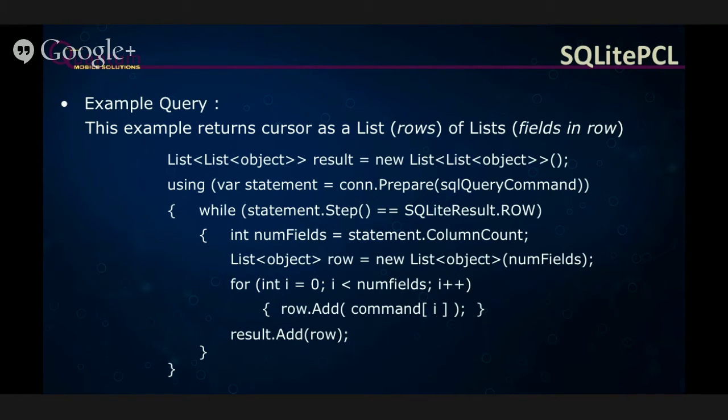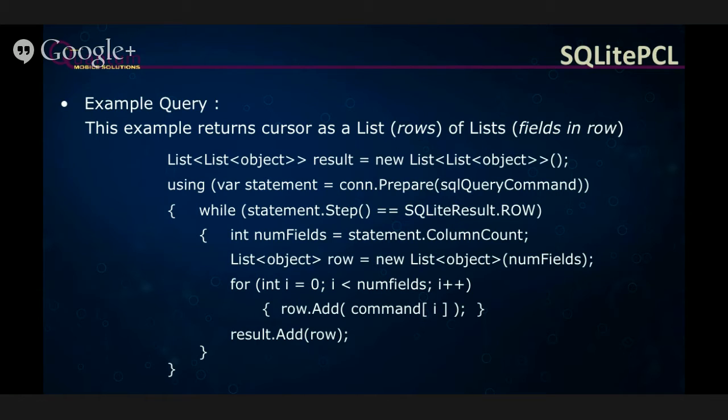So you basically step through it until you don't have a result coming back which tells you that it's a row. It'll come back with done or okay or something, and then you can terminate. So while it's come back with a row, pull the information out. You look at the number of columns that's come back. It should always be the same, but